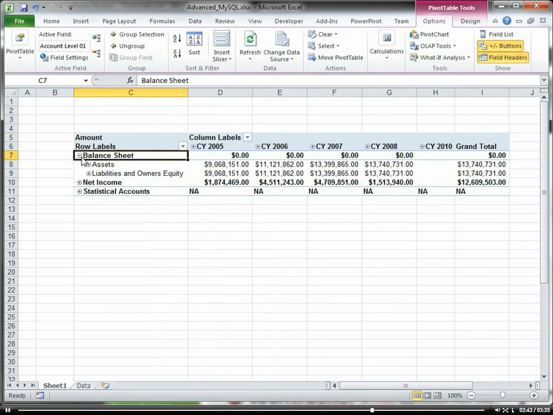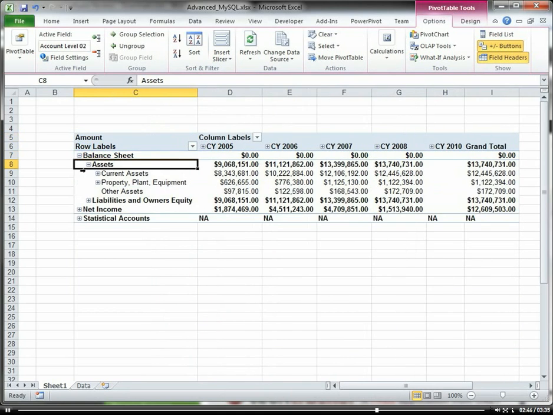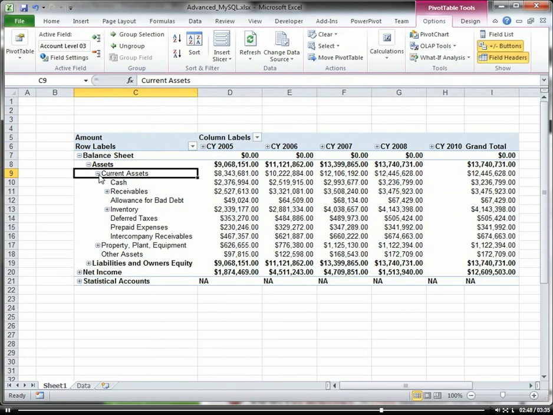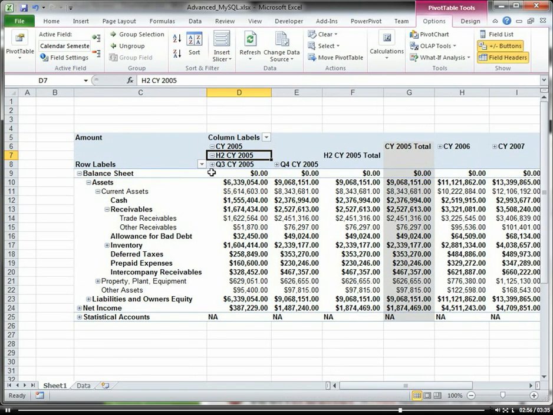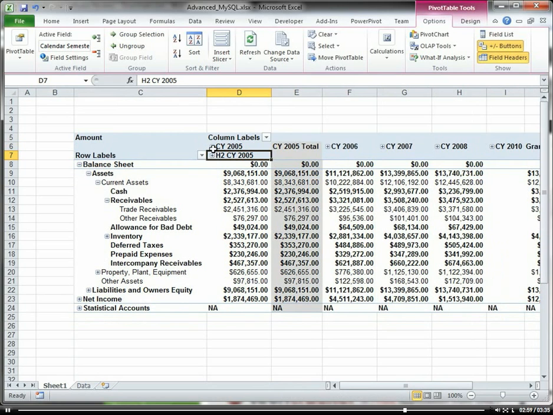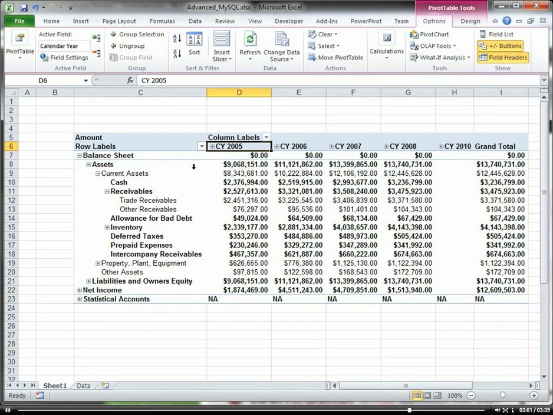I can expand my balance sheet and see I have my assets, my current assets, my receivables, and then I have my years going out here. So if I want to expand my years, my quarters, here's my net income,